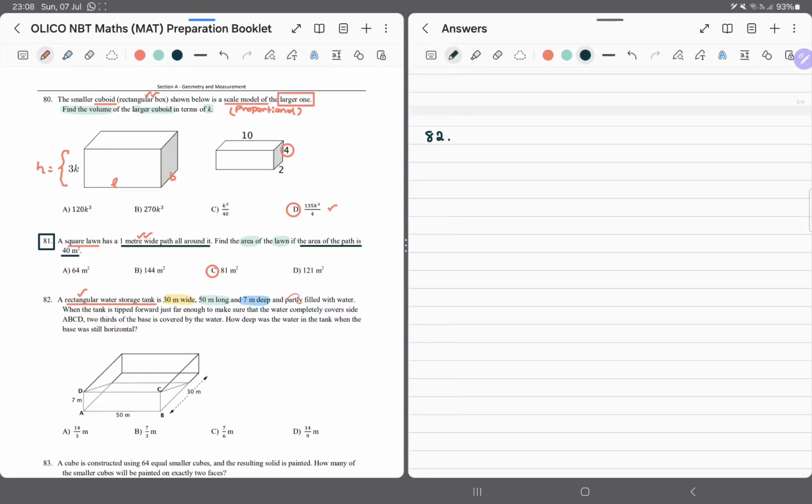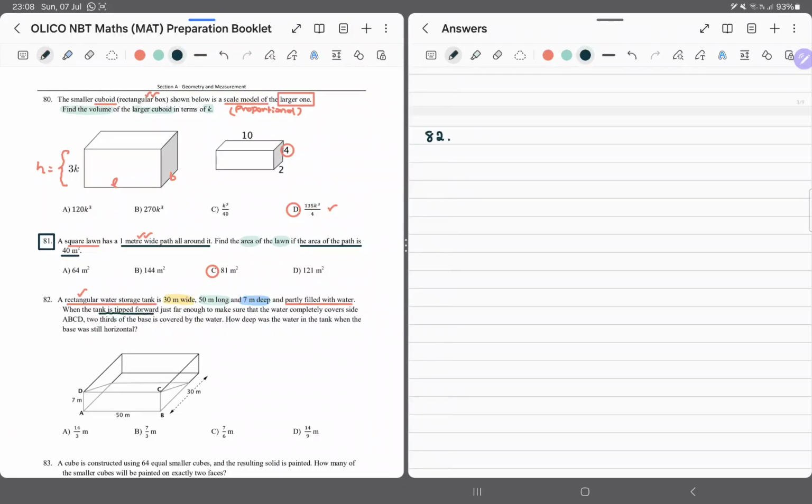Now what do we know? It is partly filled with water. Okay, so now it means the water level is not full. Okay, great. Now let's see, when the tank is tipped forward,